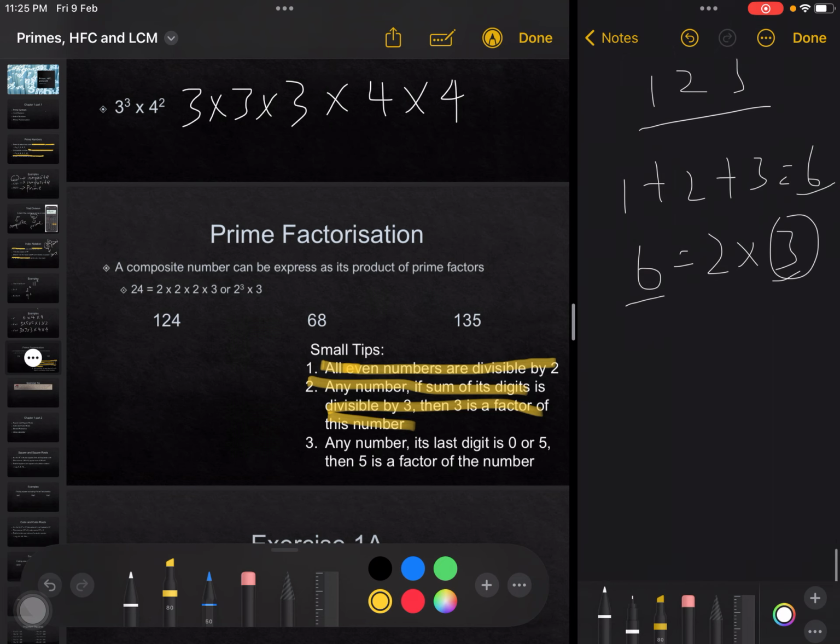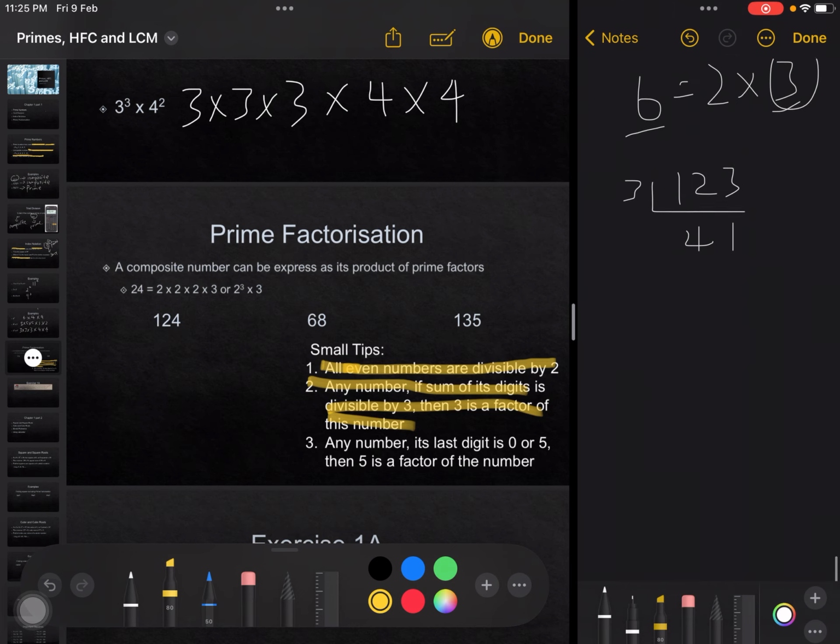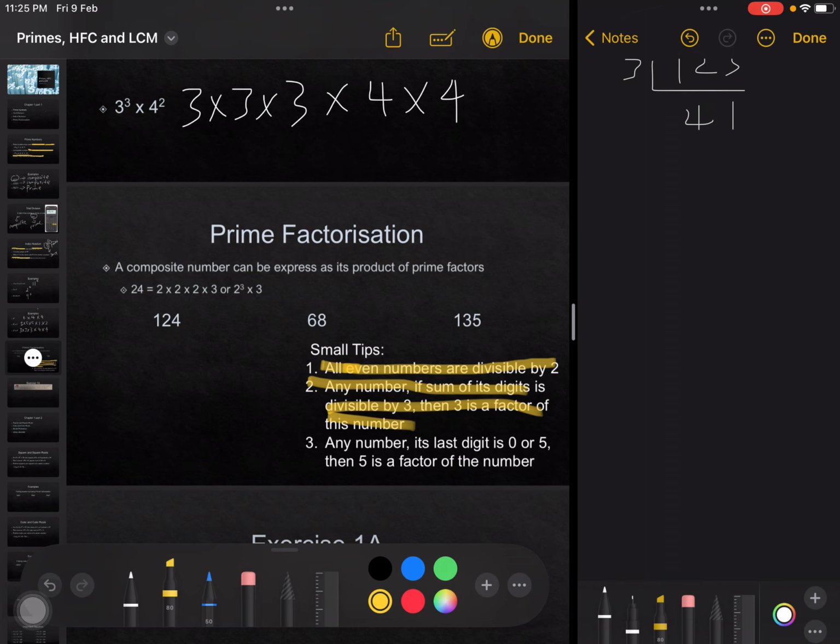Okay, so you can actually divide 123 by 3, you get 41. Right? Okay, let's take a bigger number, for example